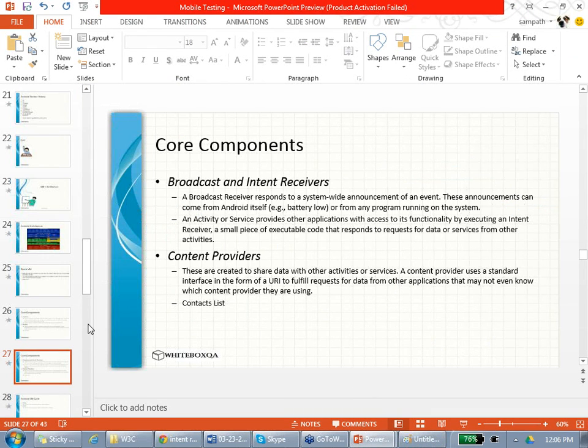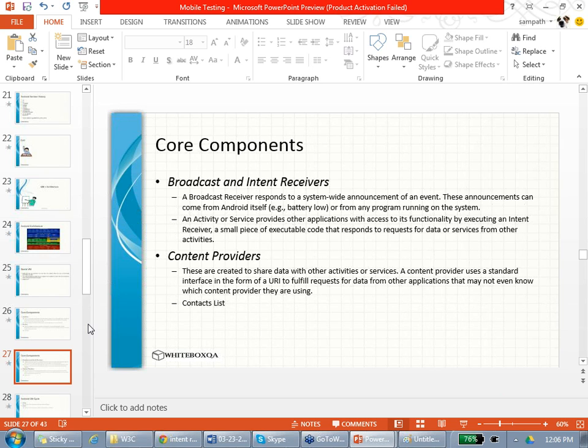And then there are content providers. Content providers means data. In your phone there is so much data: your contacts, your emails, your notes, and everything. For example, when you are in the Vonage app, you can go and get your contacts list. That means the Vonage app is using the contacts content provider from the Android system. Am I clear? These are not services. They are not logic. They are sets of data which need to be provided to all the apps.